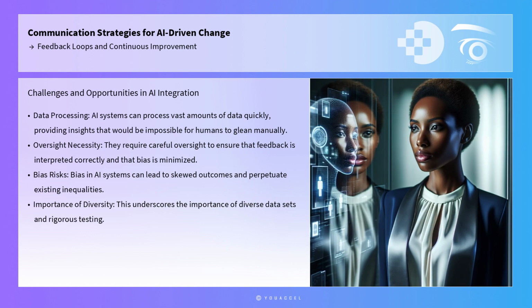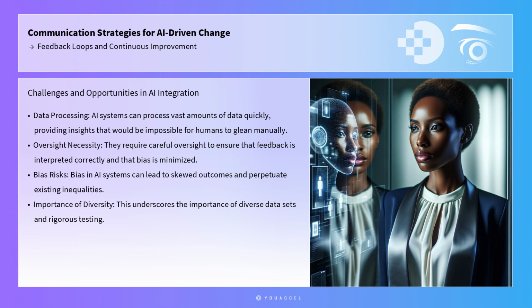Moreover, the integration of AI and automation into feedback loops presents unique challenges and opportunities. AI systems can process vast amounts of data quickly, providing insights that would be impossible for humans to glean manually. However, they also require careful oversight to ensure that feedback is interpreted correctly and that bias is minimized. Bias in AI systems can lead to skewed outcomes and perpetuate existing inequalities, underscoring the importance of diverse datasets and